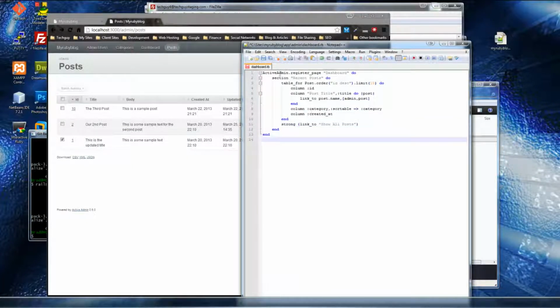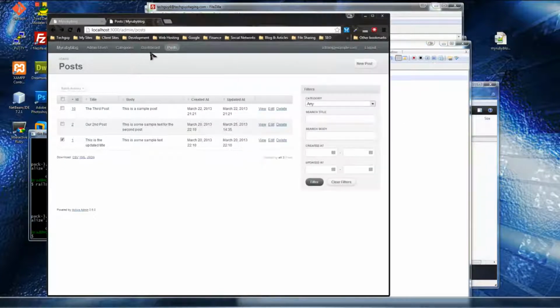Alright, so this register page is actually wrong. We want to do ActiveAdmin, then 2 colons and then Dashboards. Dashboards.build, and then do. Alright, so save that, and if we go to our dashboard,